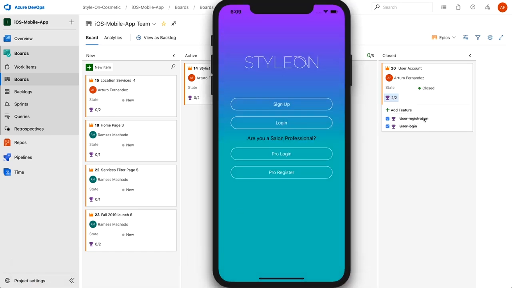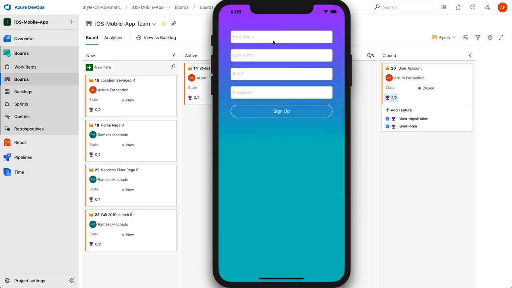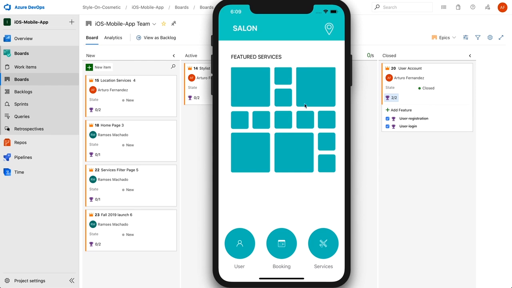The first one was registration. If we go to sign up, the user can sign up, and you can also put some password, and you will be registered, and you will be redirected to some homepage that will change later. That is for the user registration, feature one,